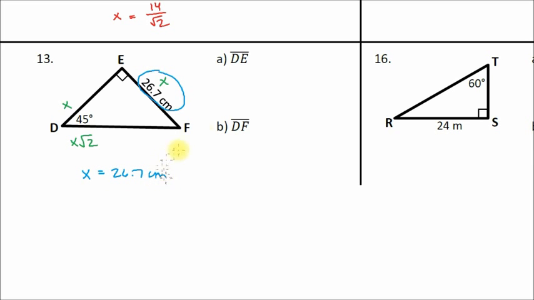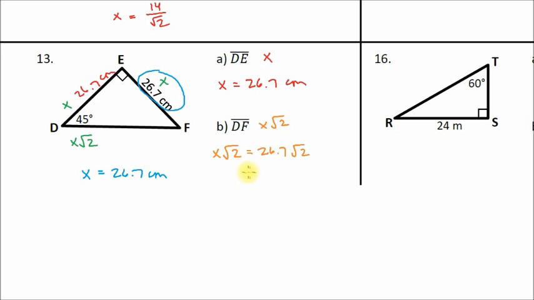26.7 centimeters. So side DE is also a leg that's going to be equal to x. And we just found out that x equals 26.7 centimeters. I'm going to go ahead and label that now. And now all we have to do is find the hypotenuse, which is DF. DF is going to be x times the square root of 2. All we do is plug in our x value,